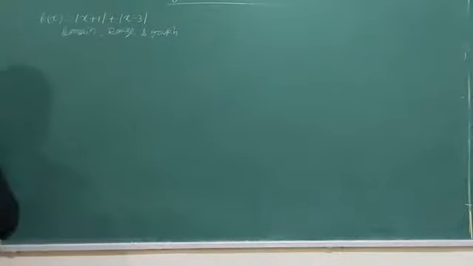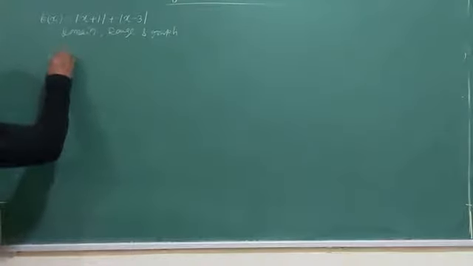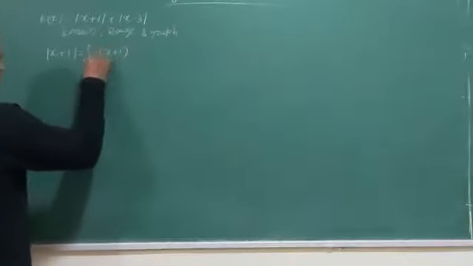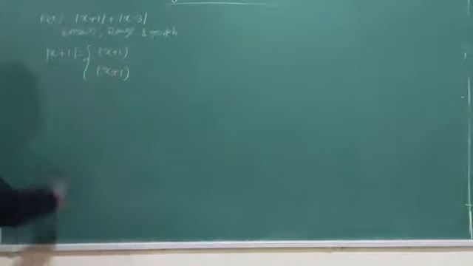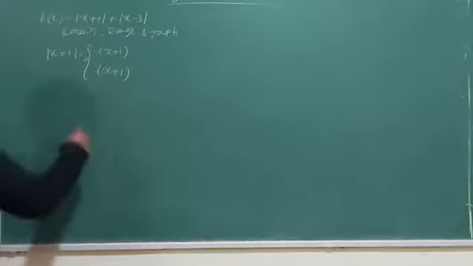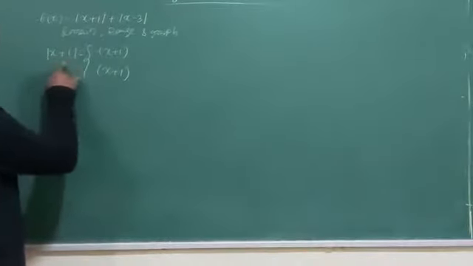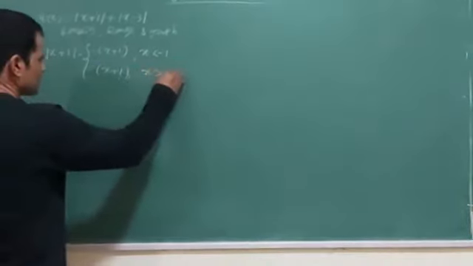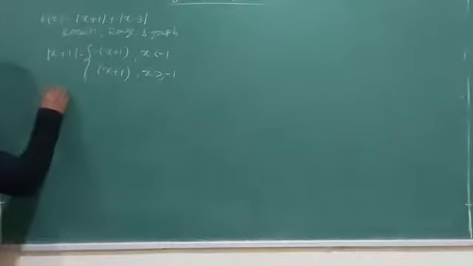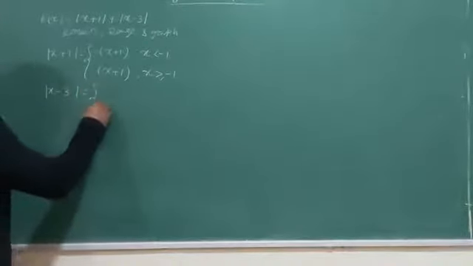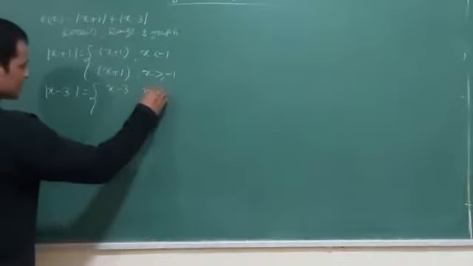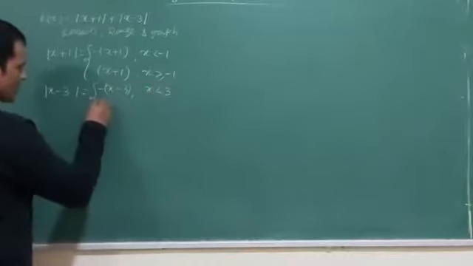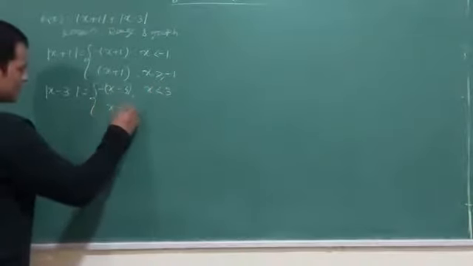So how to do it now? Ready? First I will write down about the modulus functions. Minus x plus 1 plus x minus 3. Whatever is the modulus, put it in negative, here it is in positive. Then what is the partition value? Minus 1. Equated to 0, you get the partition value. X is less than minus 1, x is greater than equal to minus 1. Then x minus 3, x is less than 3, x minus 3, x is greater than equal to 3.